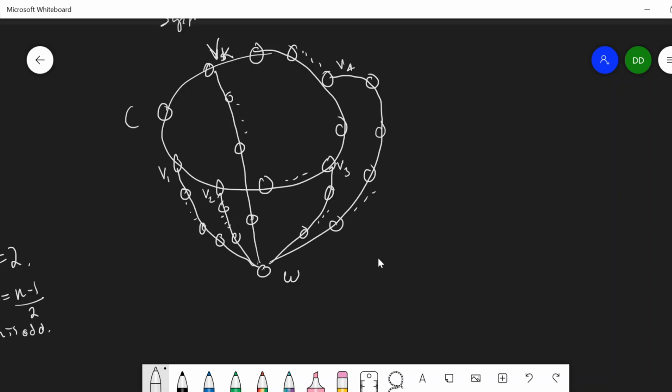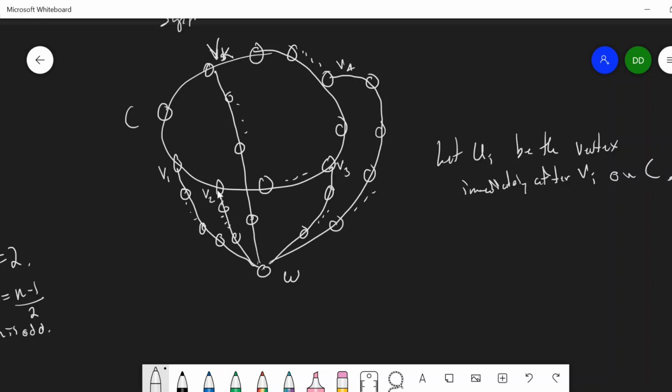And then what I'm going to do is use this independence number bit. So I've used the connectivity a lot to get the cycle and all of these paths leading from W to the cycle. I'd like to produce a longer cycle and get a contradiction. So what I'm going to do is find a set of vertices that are independent. So let U sub i be the vertex immediately after V sub i